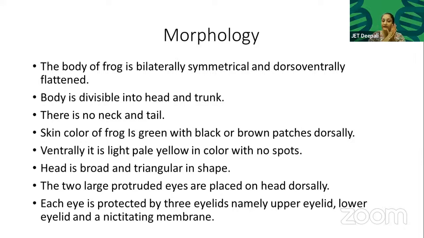But frogs have protruding eyes placed on the head dorsally, means they are present on the dorsal surface. See, this is the frog, and the eyes are present here, protruding ones. Each eye is protected by three eyelids: the upper eyelid, the lower eyelid, and the nictitating membrane. Also, in the frog,